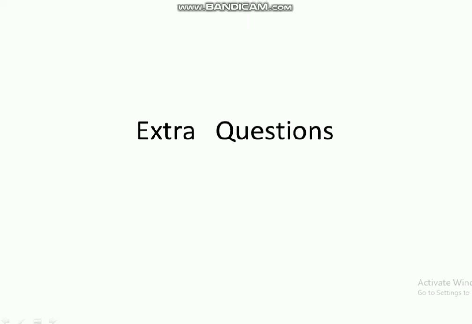In this video, we will discuss some questions based on integers. First of all, we are going to evaluate 15 minus 8. As per our fourth rule that we discussed in the previous video, we can rewrite 15 minus 8 as 15 plus negative 8. That is, we need to add two numbers having two different signs. For that, find out the difference between them and put the sign of the greatest number in the answer. Here the difference between 15 and 8 is 7, and the sign of the greatest number, that is 15, is positive. So our answer is positive 7.